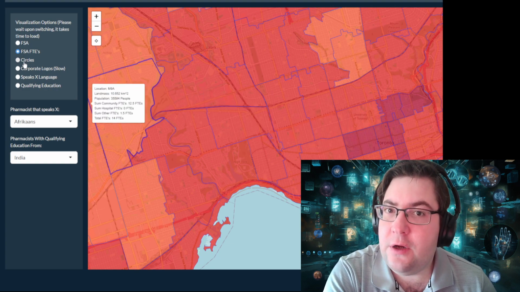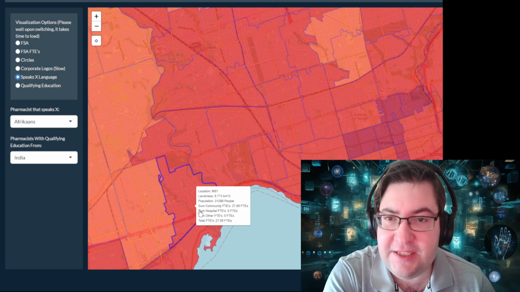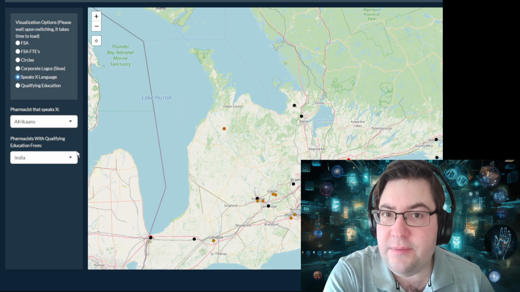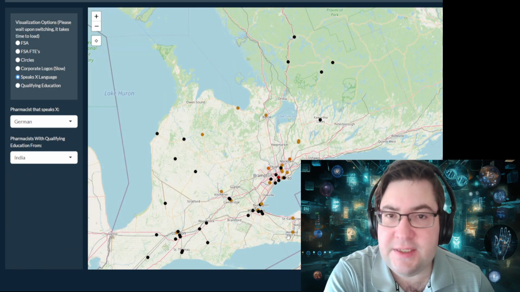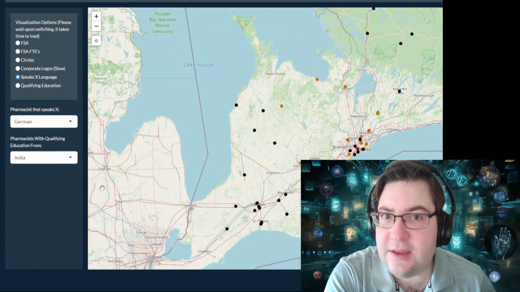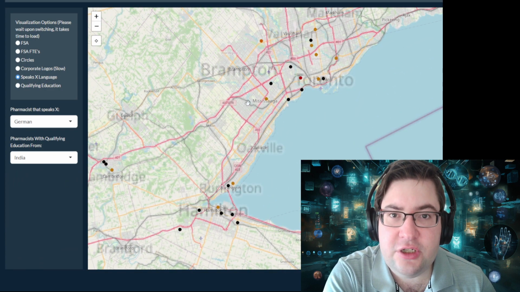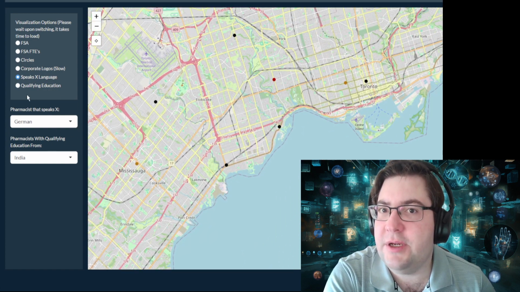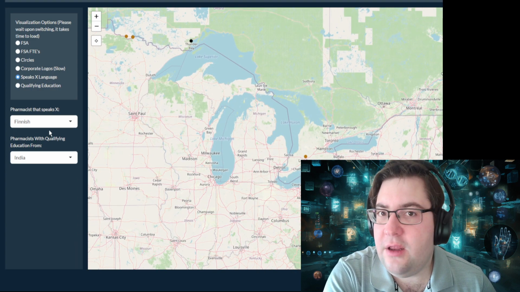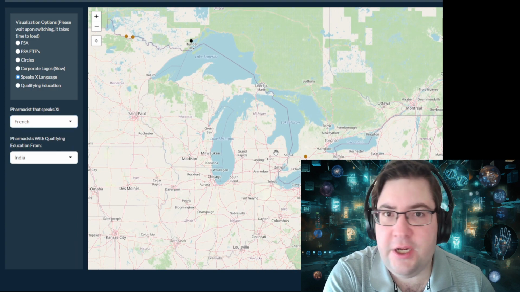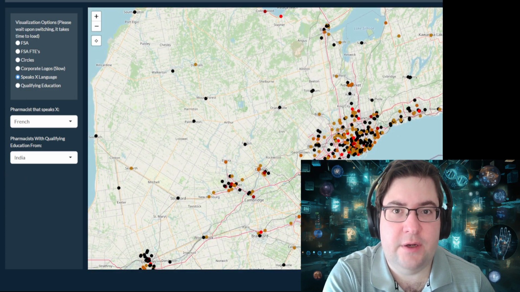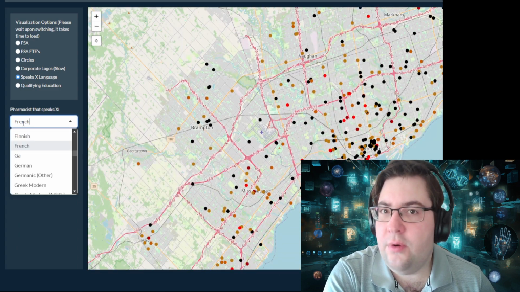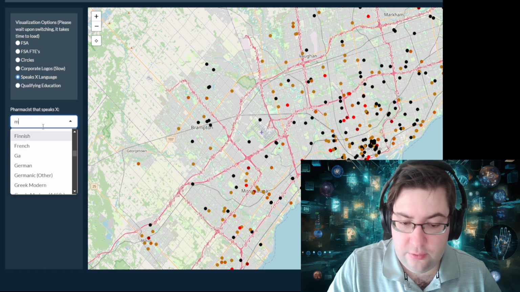And if you go to the speaks language setting, you can also find pharmacies that speak the desired language. For example, if you're looking for pharmacists that speak German, you can click this setting, and it shows you the pharmacists that speak German. Let's go Finnish here. Not a lot of Finnish, but if you go to French, there's a lot of French pharmacies. At the same time, you can also go to Mandarin,